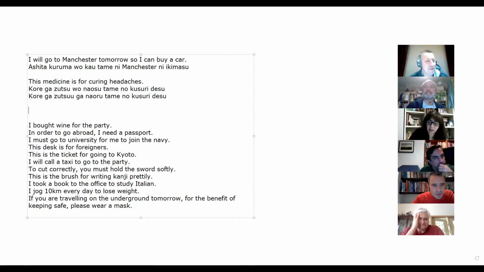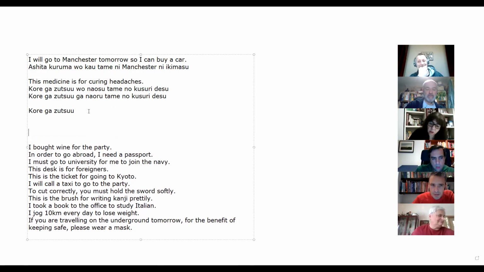So that's still the same, kore ga. The head stays also the same, zutsu. I think ii desu. No, make it better. Ii desu means it is better, not to make it better. So I have to combine it still with the verb. No, it is better to use something else.